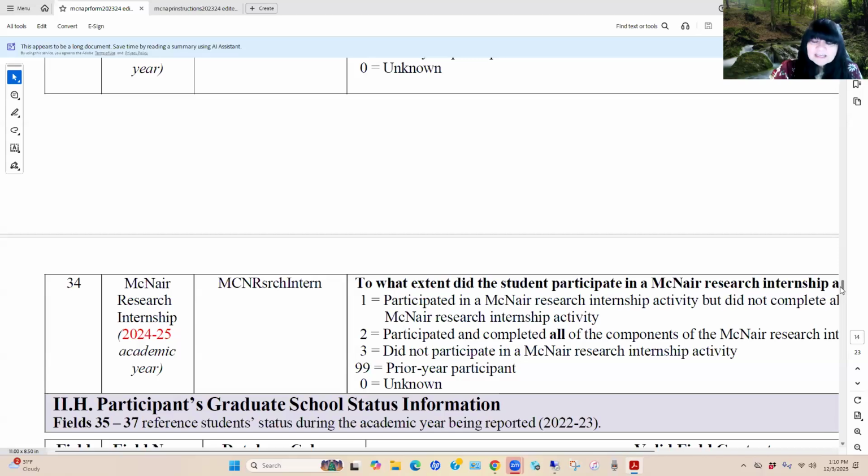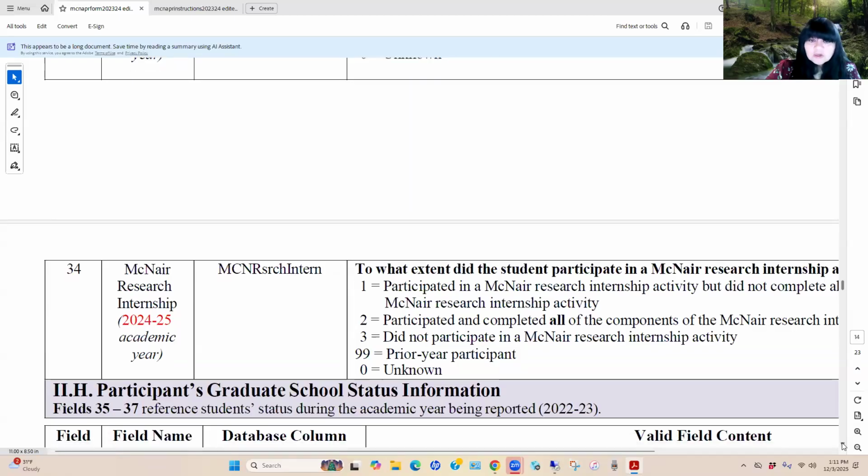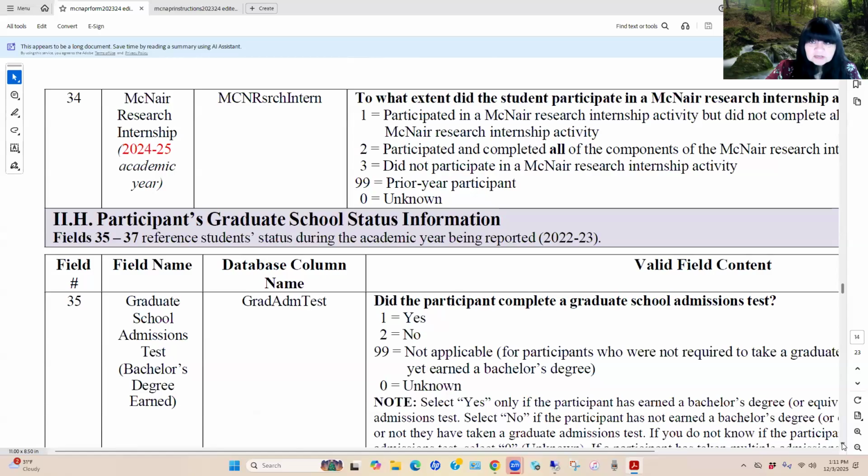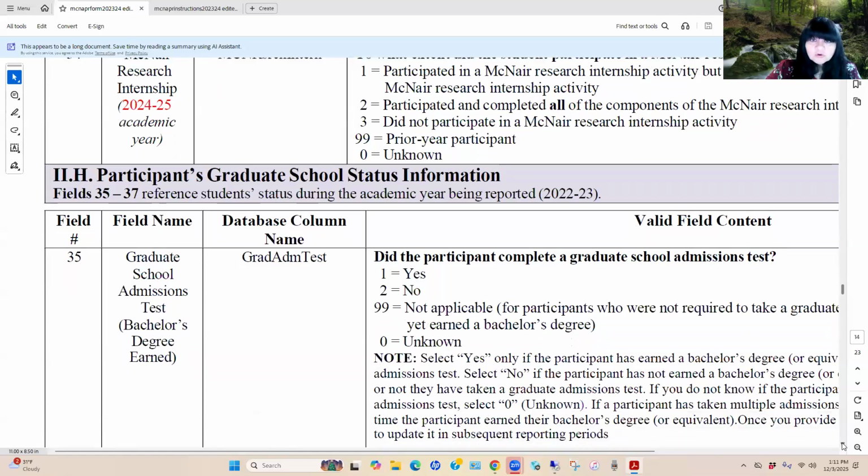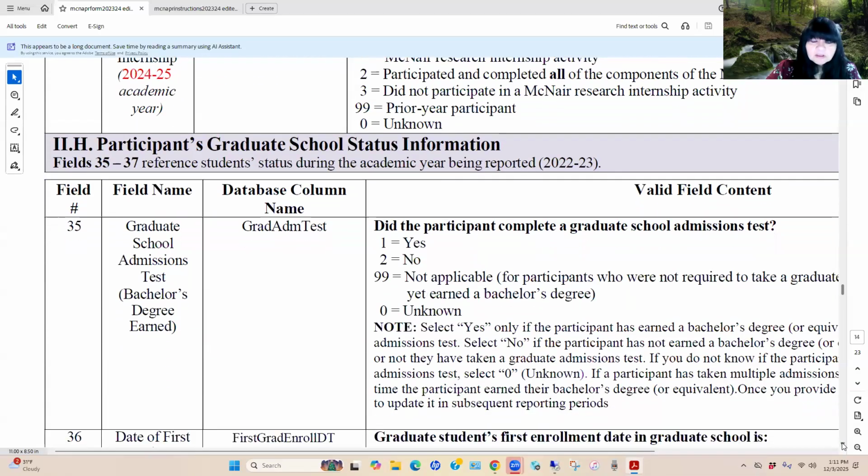But the key is, again, that you've looked at what those activities were that you engaged them in, and did they meet those 4 criteria to be considered a research and scholarly activity. Okay? So you definitely, again, want to go back and take a look at your particular goals and objectives and what you defined within your grant application.